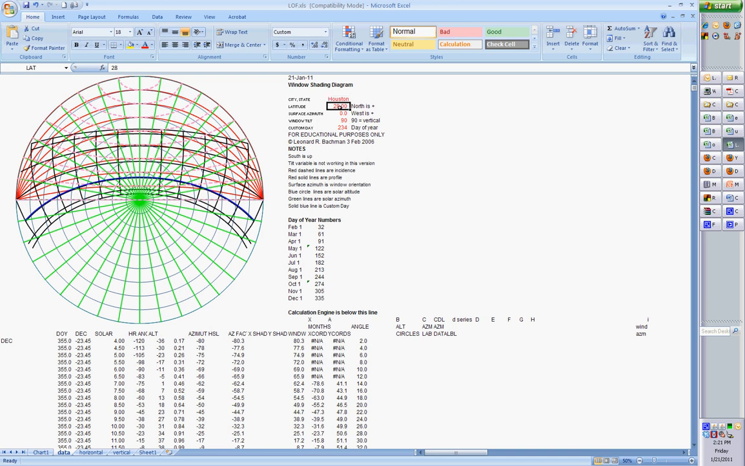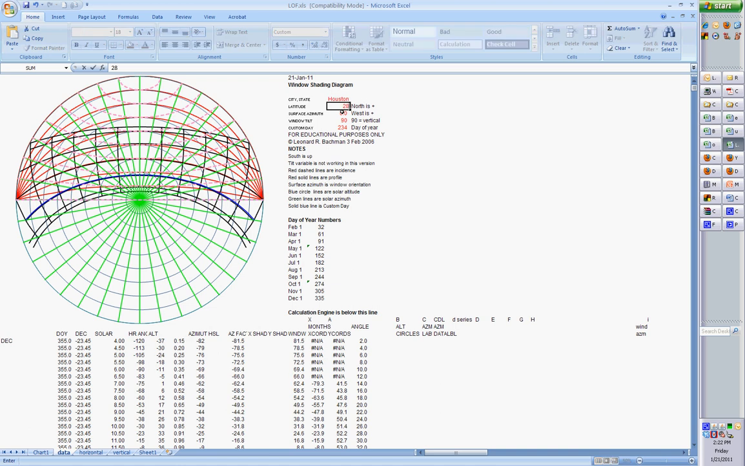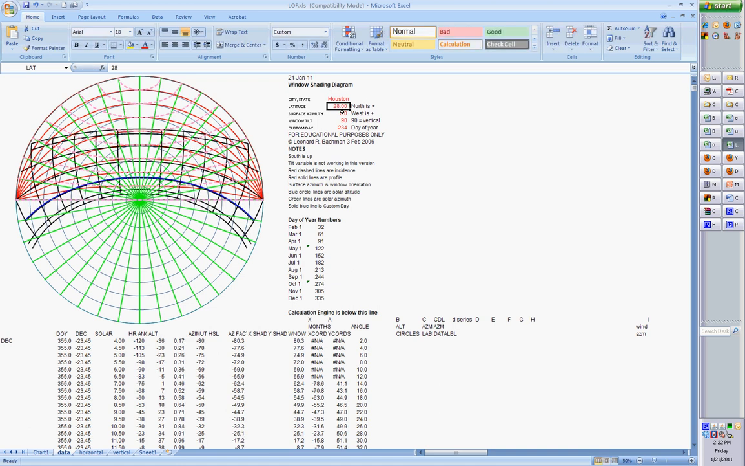I'm using 28, which isn't perfectly accurate, but if you're using the base protractor for 28, this will correspond. If I wanted to be more exact, I would enter 29.7. See, it changes it somewhat, but we'll use 28. 28 degrees north latitude, and at the moment I have a window facing true south, so its surface azimuth is